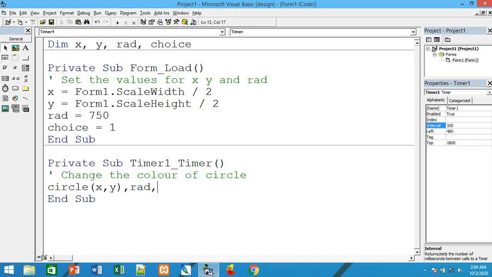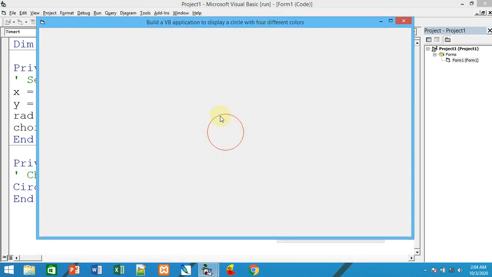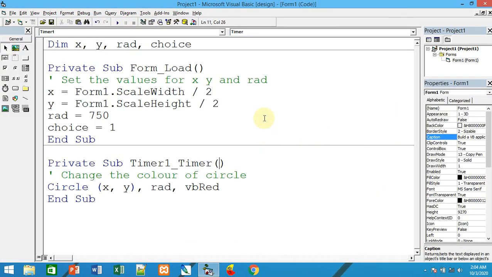And you need not use QB color, because we are going to change the color of the circle with definite, desired colors, isn't it? So say vbRed is the color to display the circle. If you just run it, it will be with this.